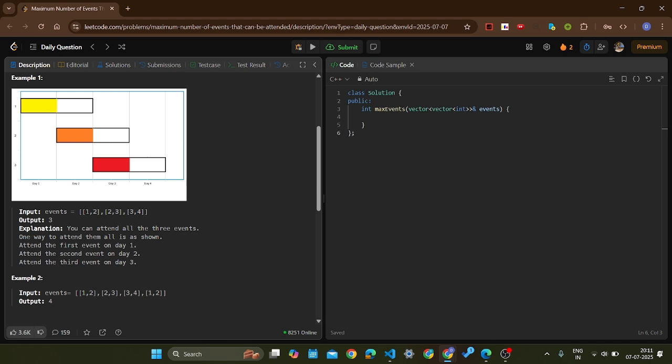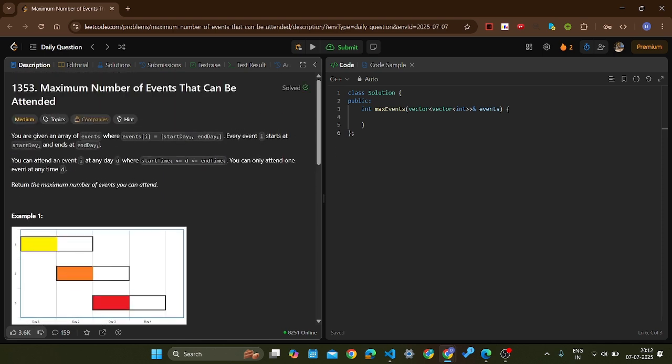We keep track of the last ended meeting, and we only increment the count of the number of meetings that can be held if the current meeting start time is greater than the previous meeting end time. This is a very simple greedy solution. We sort it according to end time, and we process each meeting in that same order.